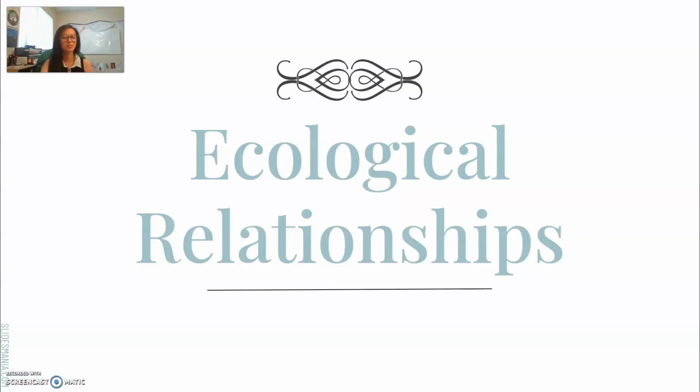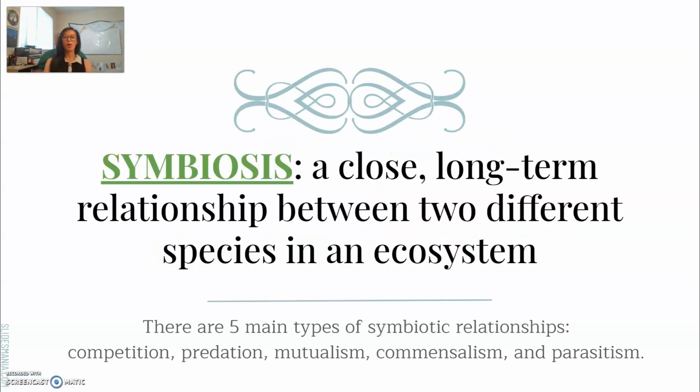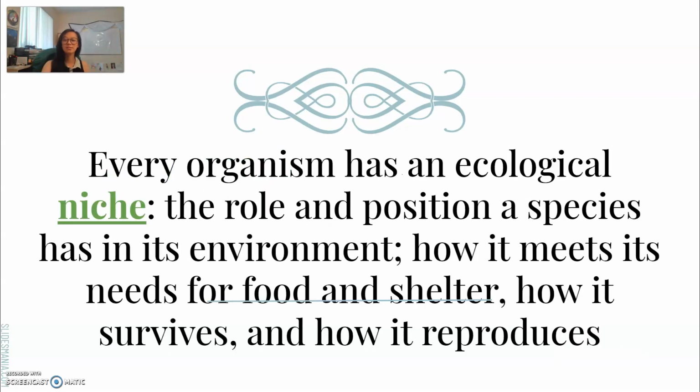All right, so let's move on to some ecological relationships. Hopefully you remember this term from bio, symbiosis. The short of it is, it's basically any relationship, any connection between two different species. It can be good, it can be bad, it can be neutral, but basically they're interacting with each other. They're interactions between species. So we're going to talk about 5 different ones: competition, predation, which is the same as predator-prey relationships, and then 3 kinds of symbiotic relationships: mutualism, commensalism, and parasitism.